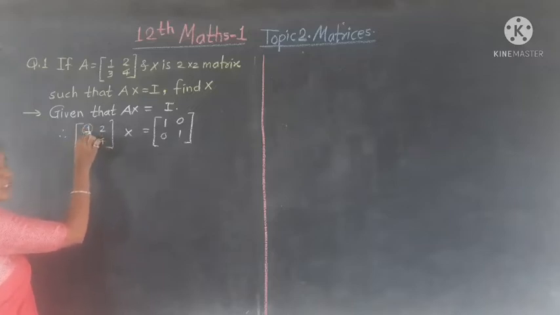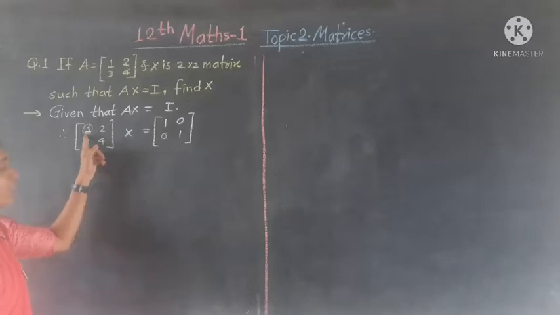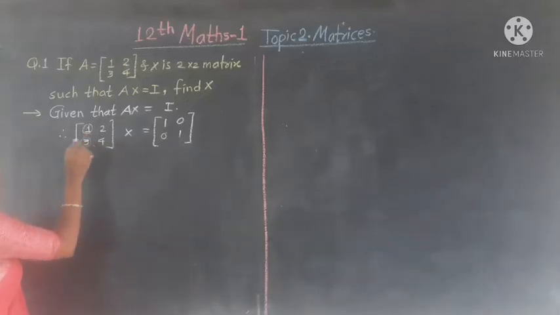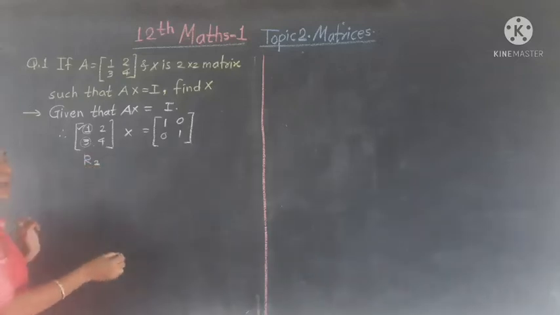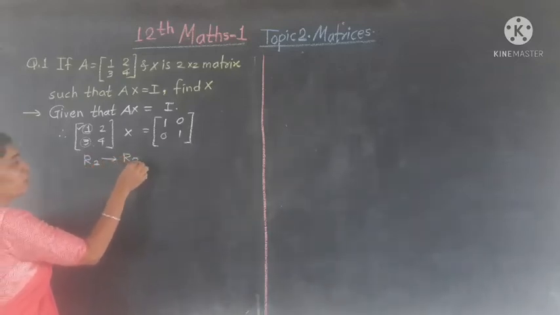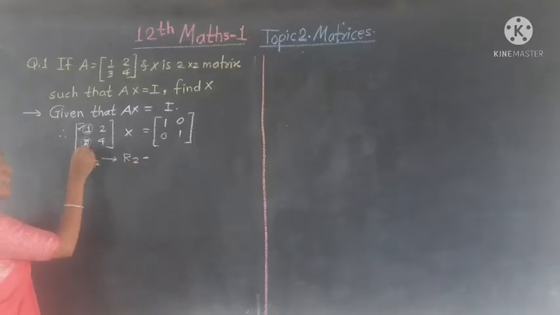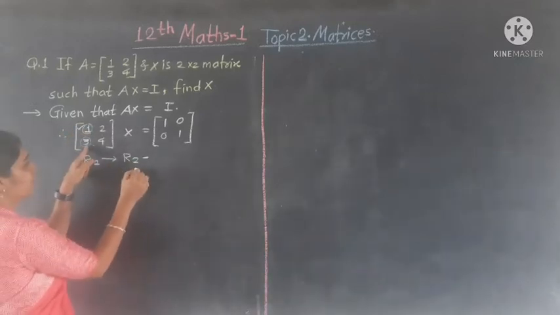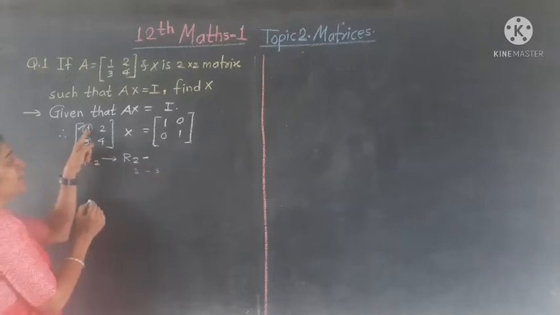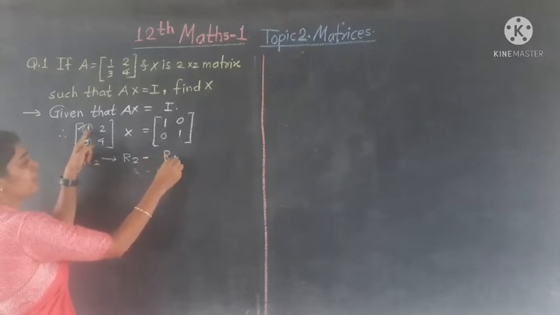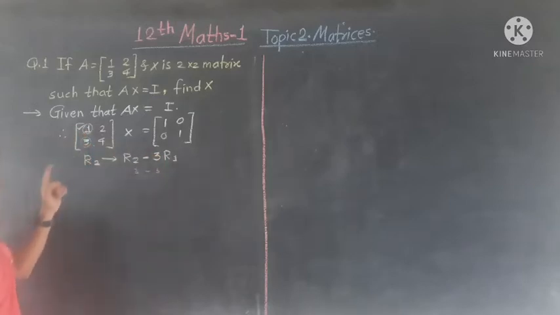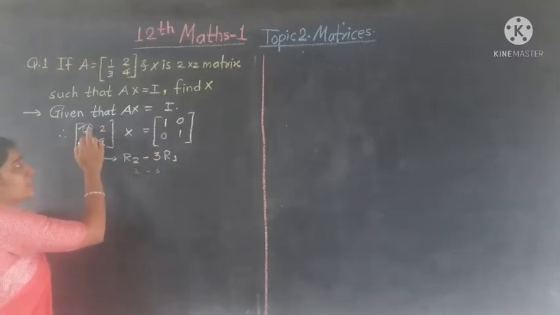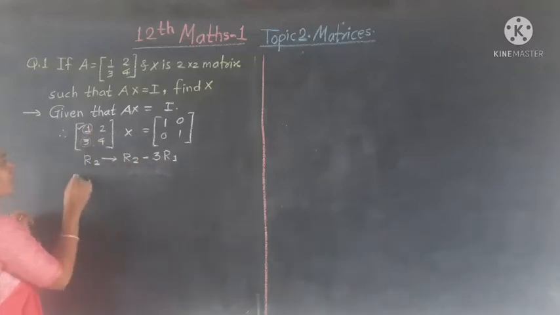For the identity matrix, the first column, first element is 1. It is already there. Now we make this element 0. So how do we make 0? This is in row R2. We make R2 change to R2 minus something. Look at what to change in R2: 3 minus 3 should happen. So by how much should we multiply R1? We should multiply R1 by 3. Okay, note that 3 minus 3, so we multiplied this by 3. Okay? So what happens?